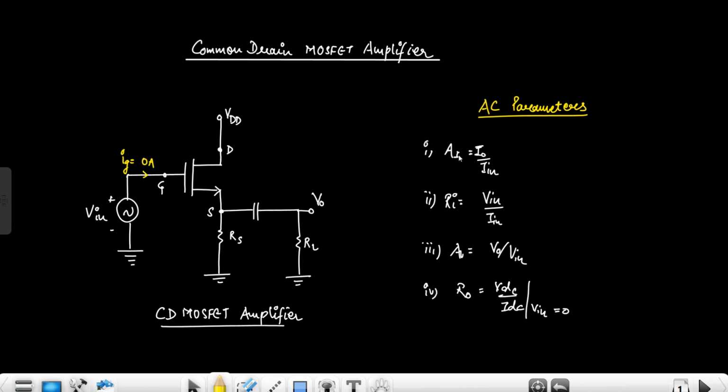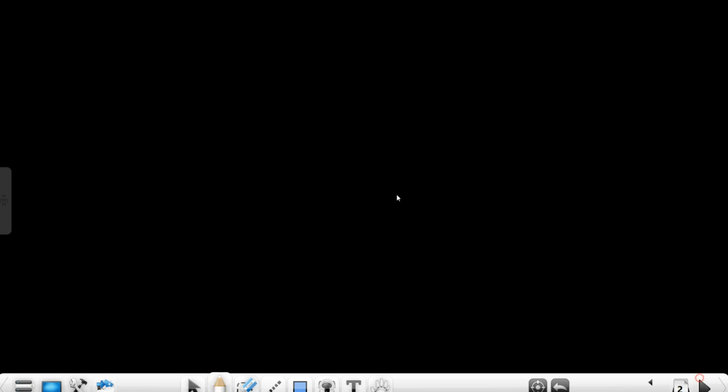First, if we discuss the current gain, that is I naught upon IN. Because the input is applied at the gate terminal, the input current is the gate current, which is 0. So the current gain is infinite, just like the common source MOSFET amplifier. And the input resistance is also infinite because the input current is 0, right? So here also we have to discuss only these two parameters, the small signal voltage gain and the internal output resistance. So let's start with the small signal AC model